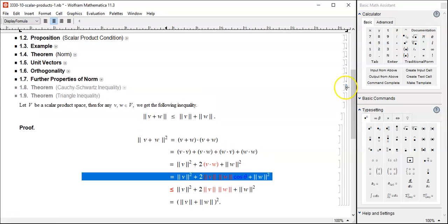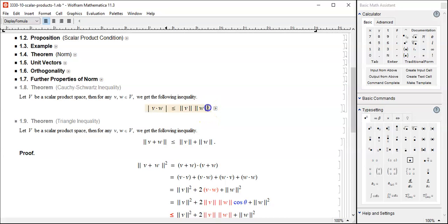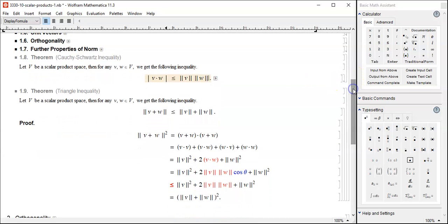What do we have to do? One way to do that is to use this, which we call Cauchy-Schwarz inequality. So bypassing this one,